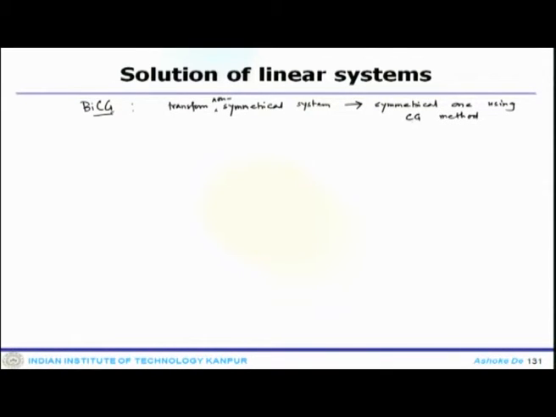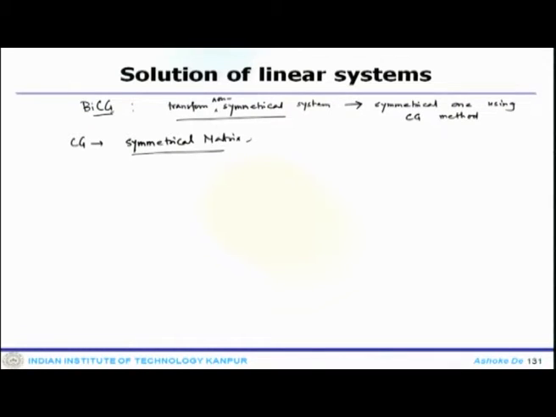So, here the underlying phenomena will remain pretty much similar, but since all your realistic problems are non-symmetrical in nature, they are not going to give you a symmetrical matrix. Only the CG can solve a symmetrical matrix. So, if you do not have a symmetrical matrix, like a non-symmetrical or antisymmetric system, which is essentially the outcome of your realistic system, in that case CG cannot be applied.